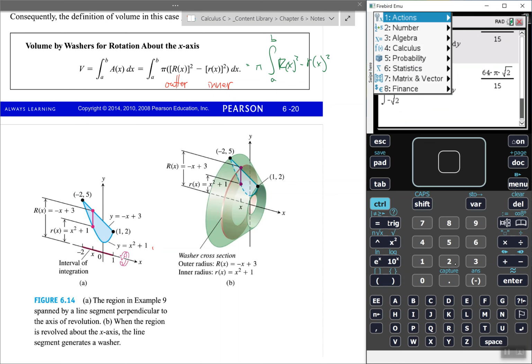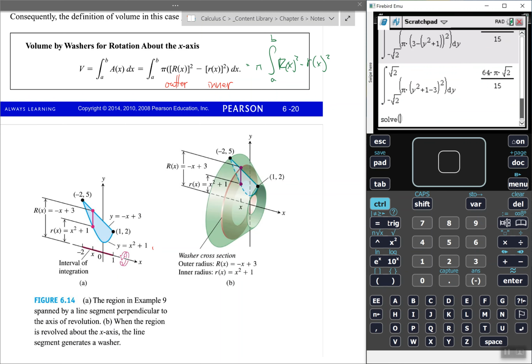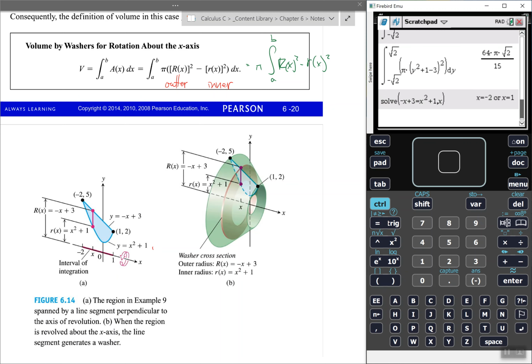Where am I? There we are. So we just solve negative x plus 3 equals x squared plus 1. Solving that for x, and it tells us those two solutions. Just in case they're not actual nice numbers to see on the graph, use the solver, find them either way. Okay,